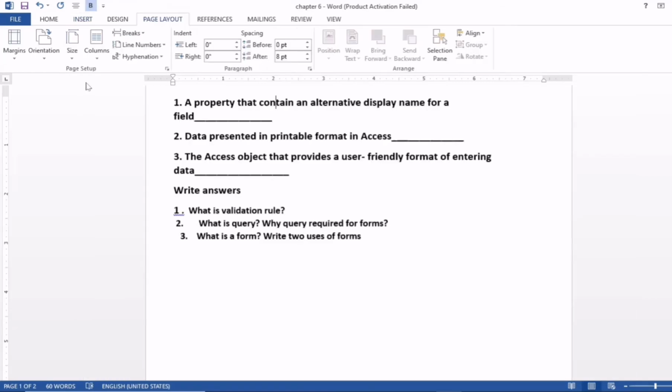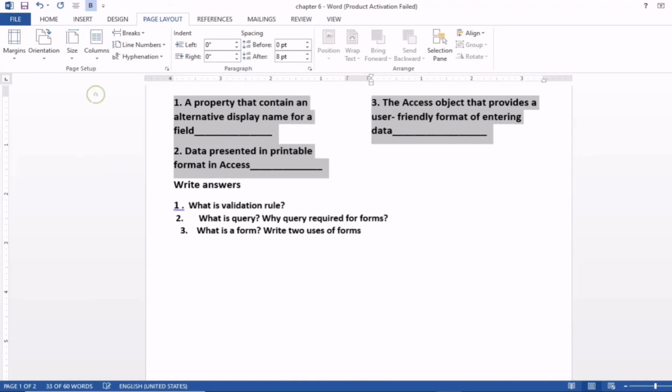Now another interesting thing is to insert columns here. Again, this is in the page layout tab. First we apply margins, then orientation, then columns. You can see by default this is only one column, and if I click on columns, there are 1, 2, 3, and left, right. So if I select this one, suppose only this, and select here 2, you can see this splits into 2 columns.